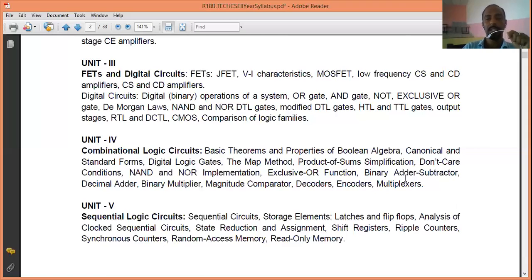So it's a logic. We are not going to actually build a subtractor. We are going to use some logic to perform the subtraction operation. When you go to that topic, you will understand that there is simply a logic that has been used to perform subtraction. Okay, so that is why it is called a logic circuit.